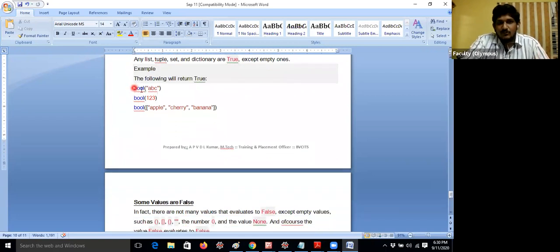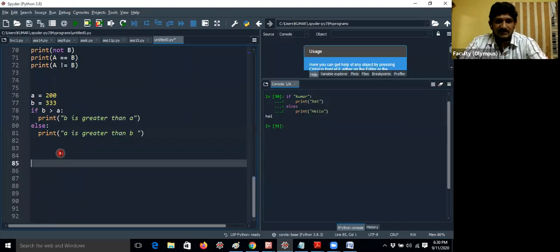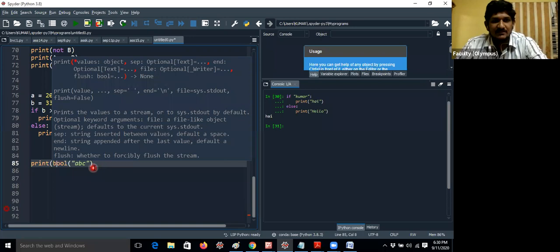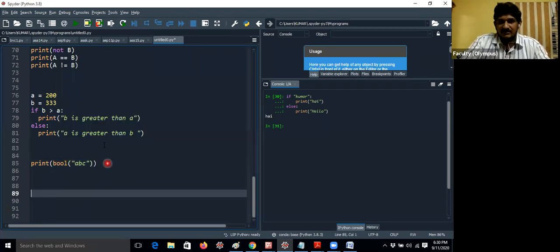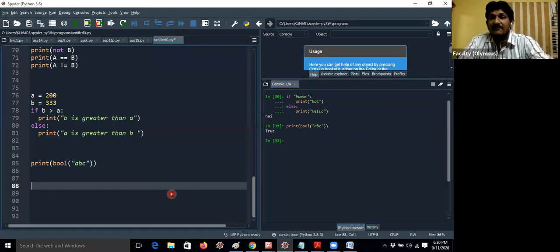I am giving bool of ABC. You have to add a print line; I am not giving a print statement here. If you add a print statement, you will get a message on the output screen. I am just giving print of these cases for getting the output as true. Bool of ABC, ABC is a string. Just now I gave my name. Why is it printed "high"? Now let me explain. I am getting true. Bool of ABC has content.